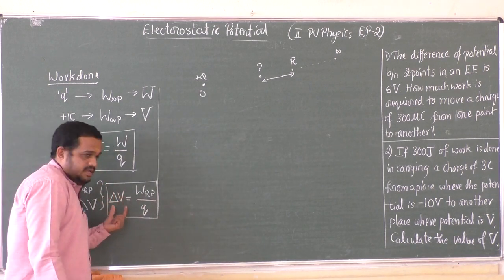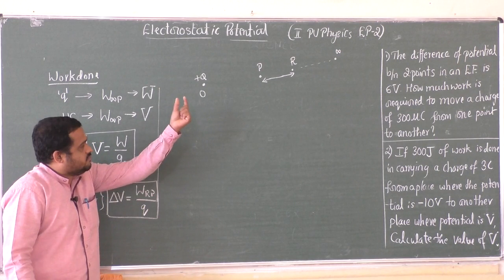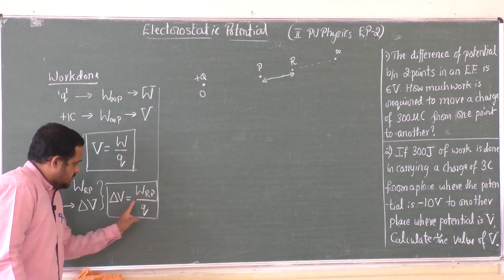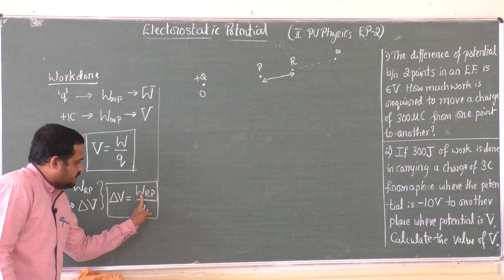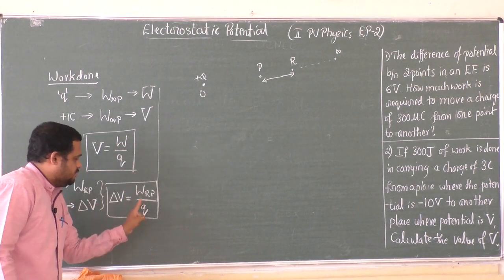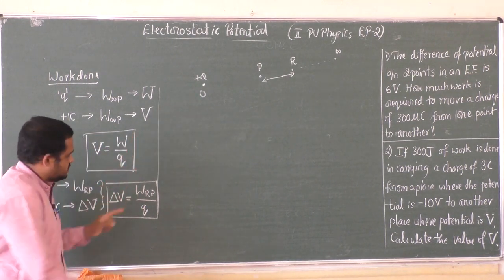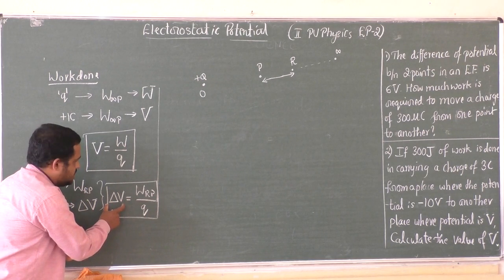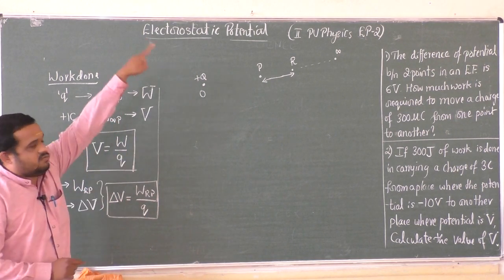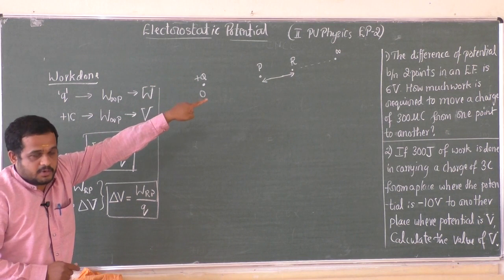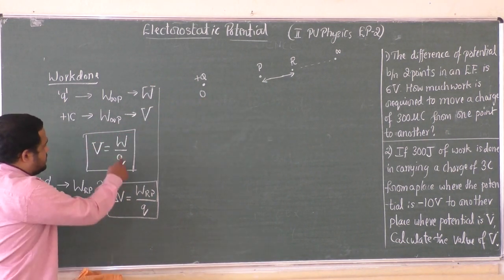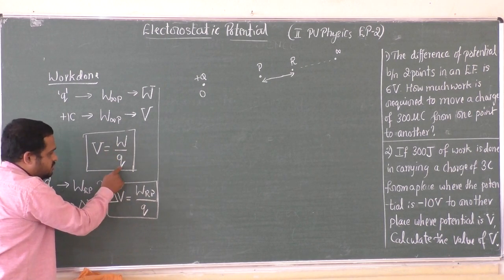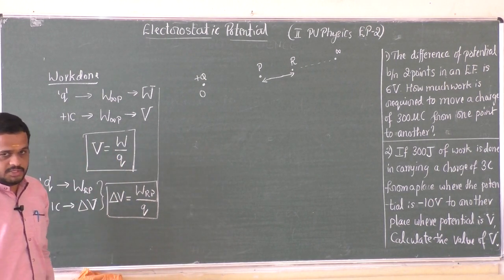The amount of work done in shifting a unit positive charge from one point to another inside the electric field is given by W RP, that is the amount of work done in shifting the charge of magnitude Q between those 2 points, divided by the magnitude of charge. Now this quantity represents potential difference. If you consider one point as infinity where potential energy is equal to 0, under that condition the work done in case of charge Q divided by the magnitude of that charge represents potential.